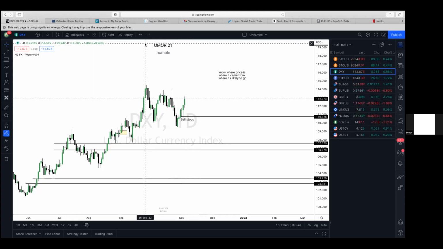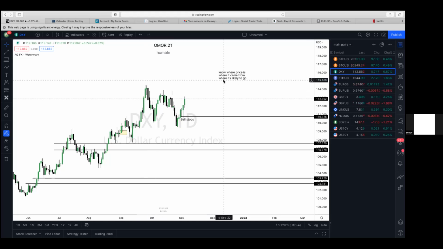Now, about liquidity. When do you think liquidity is going to be delivered within the day? Kill zones. So if you're outside the kill zone and there is no news driver like FOMC, are you anticipating a run on the high or the low? No. So if you happen to hold a trade outside of the kill zone, should you be holding for the high or the low? You shouldn't.